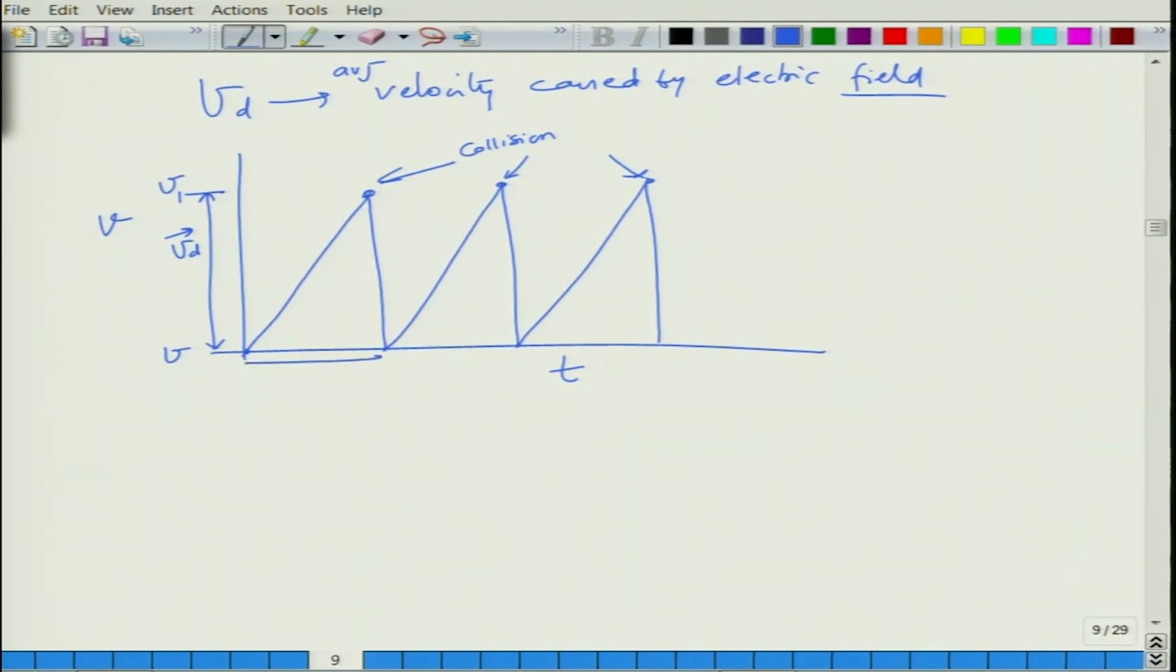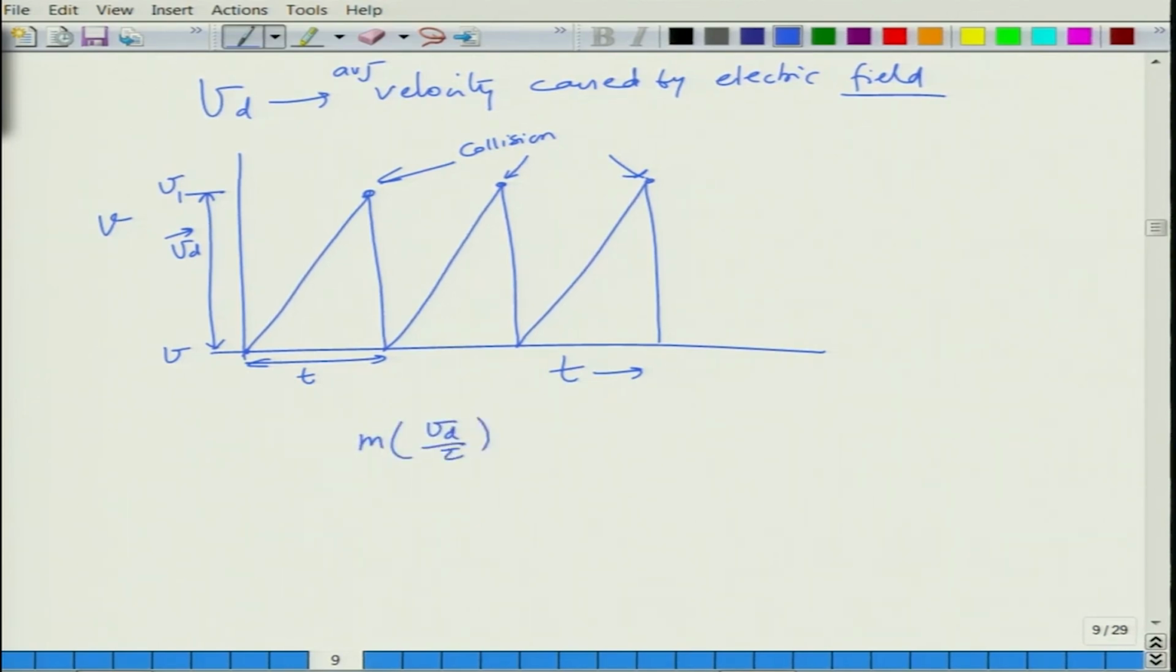Okay. And this time is basically relaxation time. So, in reality the curve will not be so evenly spaced, it will be unevenly spaced, but for the sake of representation we can say that it is evenly spaced with an average relaxation time and average drift velocity. So, if average time is tau and Vd is the drift velocity, then one can write this m into Vd